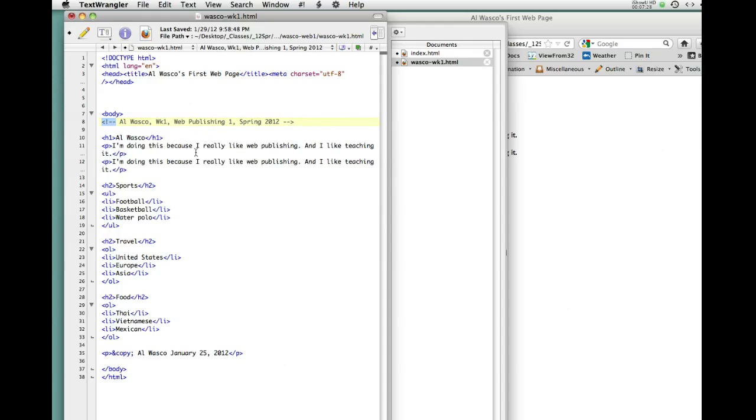The other thing that we didn't do last week, or at least you may have done it if you were paying attention, but I didn't include it as part of the required assignment, so maybe you didn't. There's a tag that we can use to emphasize. The tag, not surprisingly, is EM. And the way you would use it if you want a word to have particular emphasis, like I'm doing this because I really like web publishing, or I really like web publishing. So if you wanted to emphasize it in that way, I really like web publishing, do the open and close